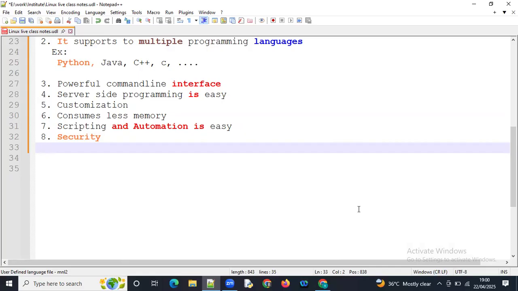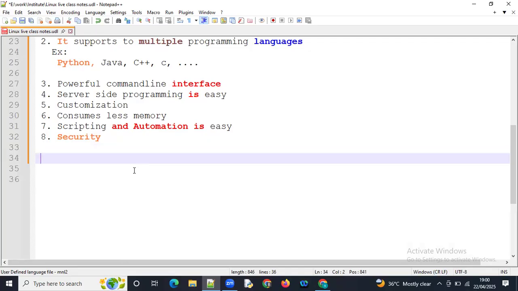Now we are going to discuss that. First of all, as we know, the first operating system is MS DOS.